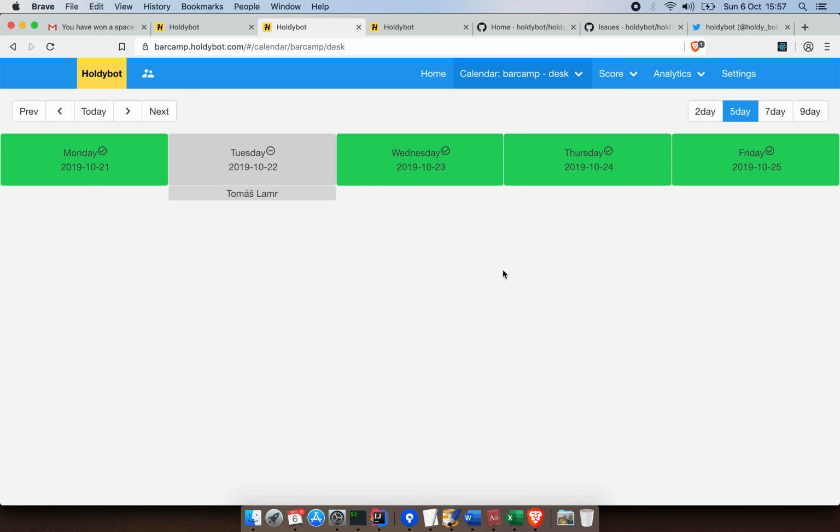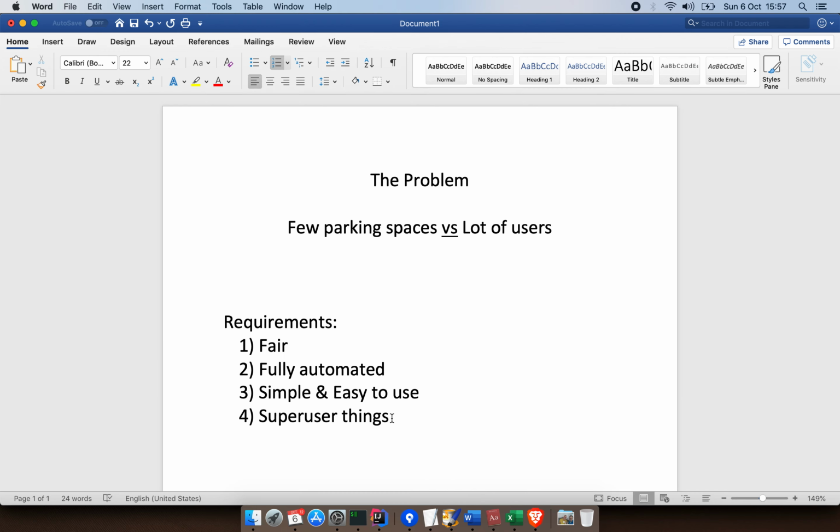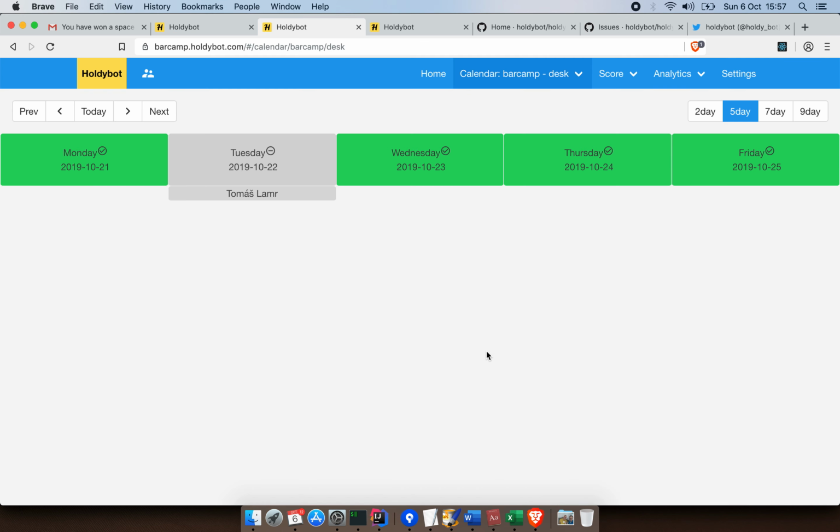But the last thing which we defined in our requirements is that we need something for a super user, because there might be people coming to your office, foreign people, and you just need to ensure that they will have their parking space and some particular desk probably in your office. So this is done with this button, and this button actually